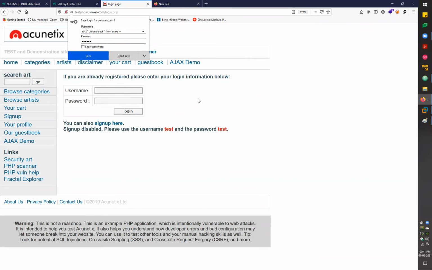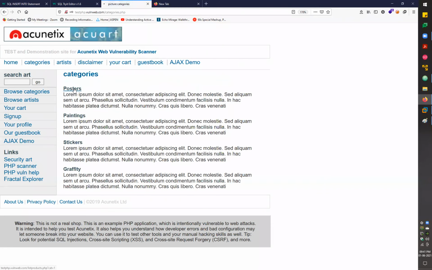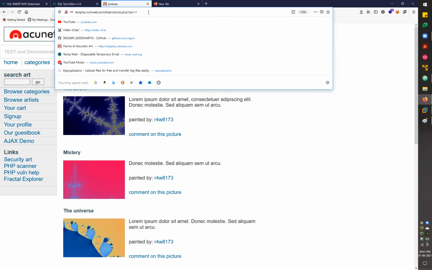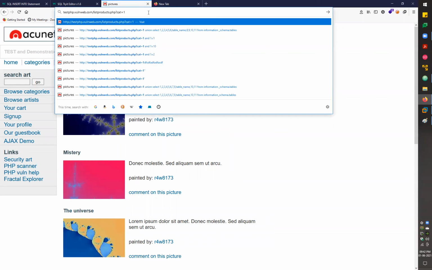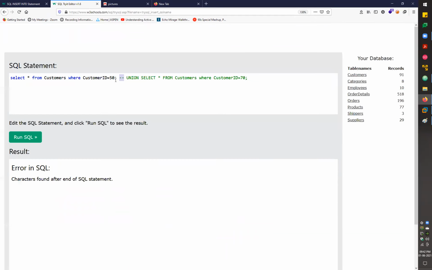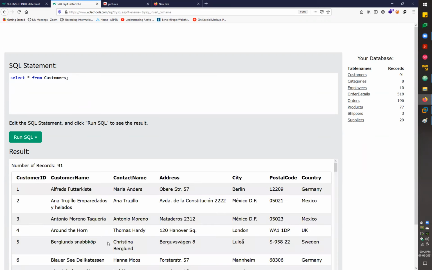If I go with a simple example for union based, let's go with the categories again, let's go with the poster, and let's execute our query here, right? Before starting with union based, let's go with one more thing. You can also sort your data. Let's say I want to sort my columns in ascending or descending order, right? I'm removing this where condition. Just remove this one and execute the query. We got the results,